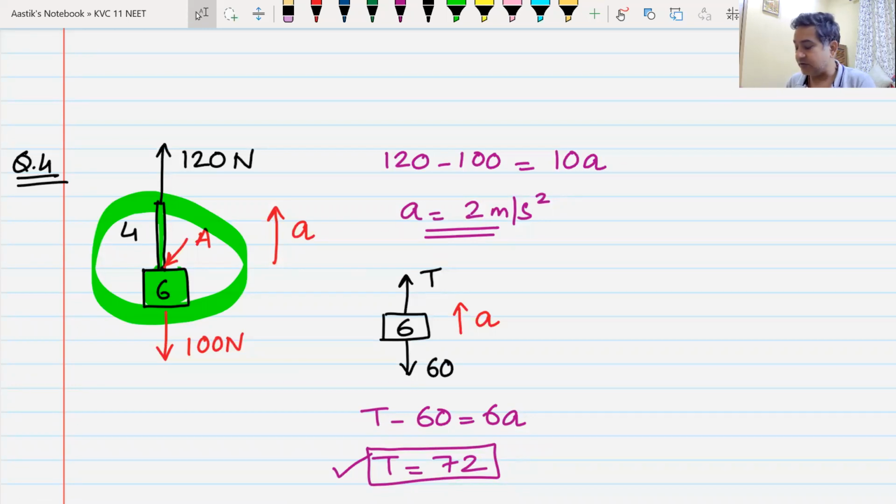The only difference between this question and the previous one is this was going up, this is going down. In this question, I had given you the force. I'd asked you the acceleration. In the next question, I've given you the acceleration. I've asked you the force. There's no difference. It's the same thing. Anyways,